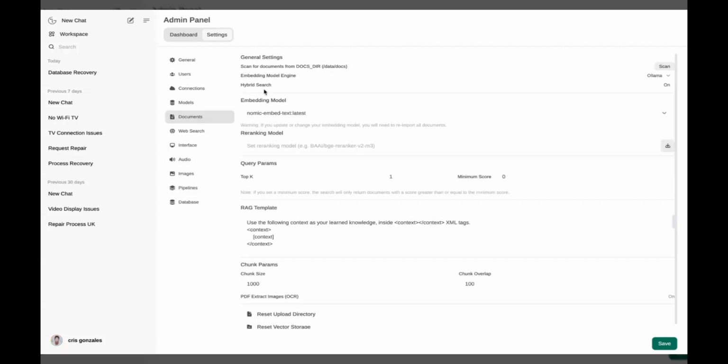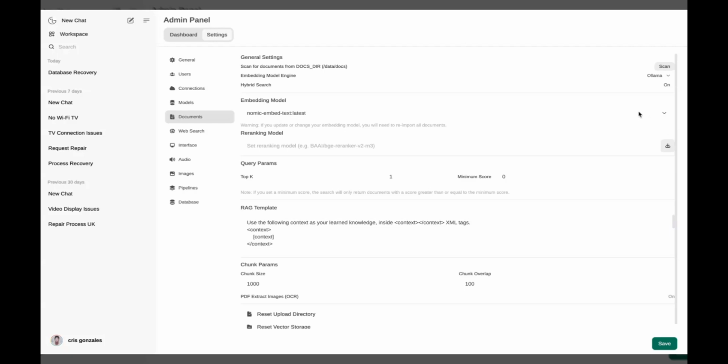Documents here. This is where we usually put the documents. We ingest the documents or upload them in this folder. Right now, we're using the embedding model that Ollama has, and we provide hybrid search.